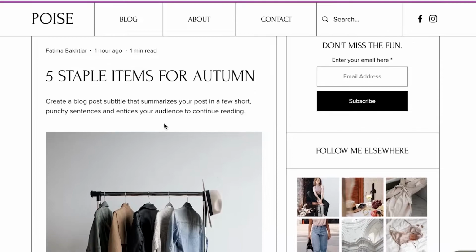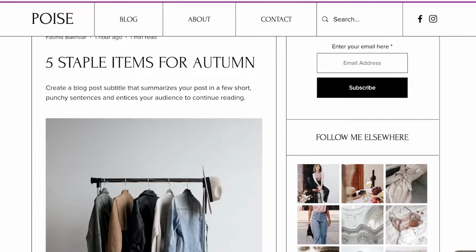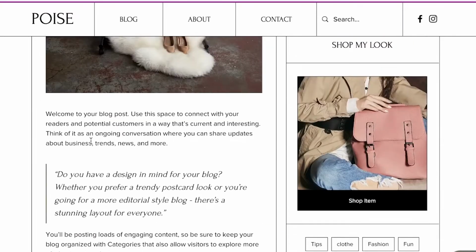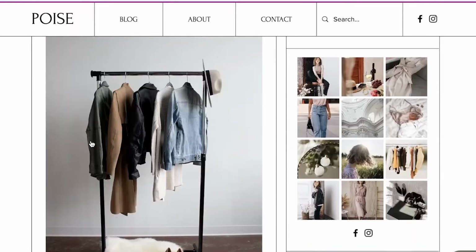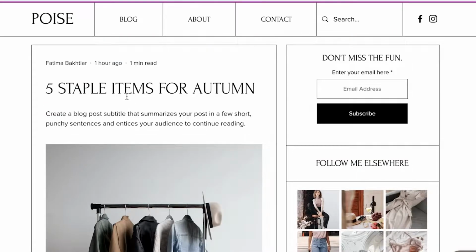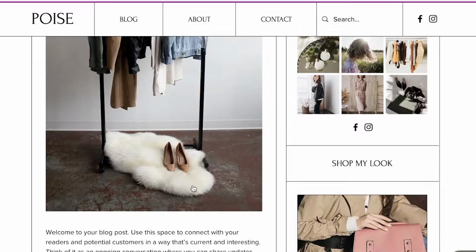If you're someone that just wants to skim through the article, and 55 to 80% of your viewership does not want to read the entire article, often people would skim the article first and then read into details about the factors that they want to know more about. So you want to write your article in a format that is very, very easy to understand. So if you have an article like this that is 5 staple items, make sure you're adding them in lists,